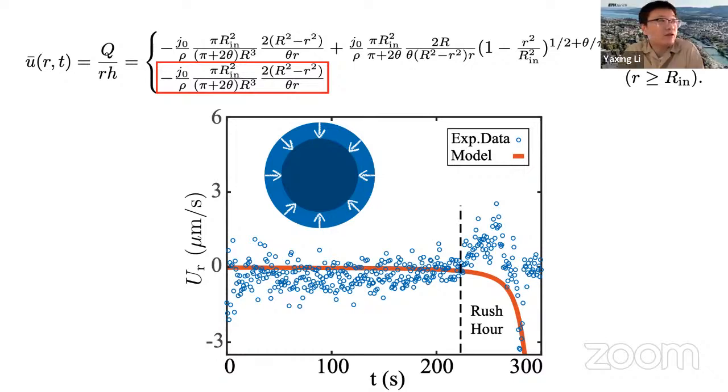Yes, this is a very good question. Thank you. As you can see, most of the radial velocity in this plot is negative, which means it is radially inward. Outward is positive, inward is negative. The fluctuation you see in the rush hour is positive, which means it is in the outward radial direction. This we cannot predict, because our model gives a negative radial flow. But our model can predict the entire process pretty well until the very last moment,